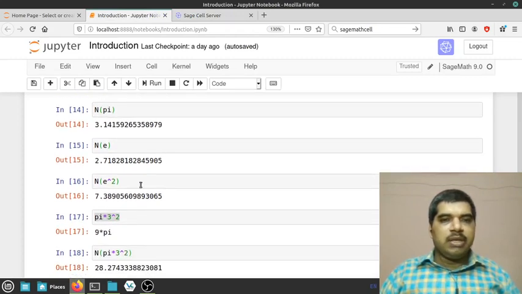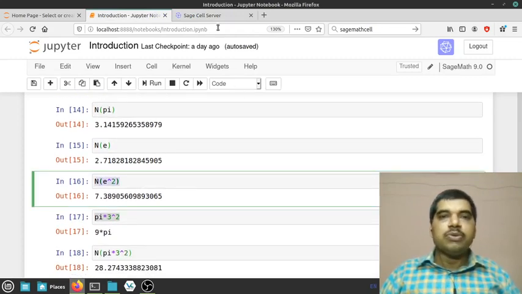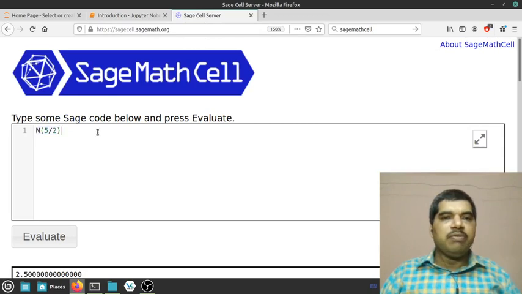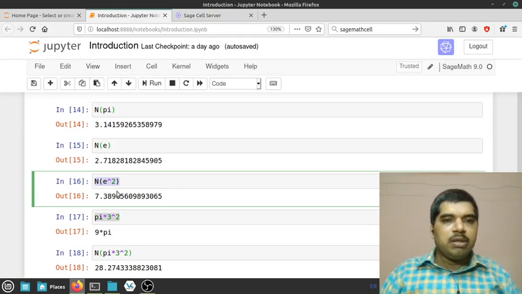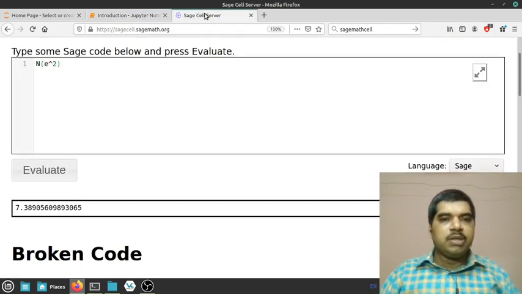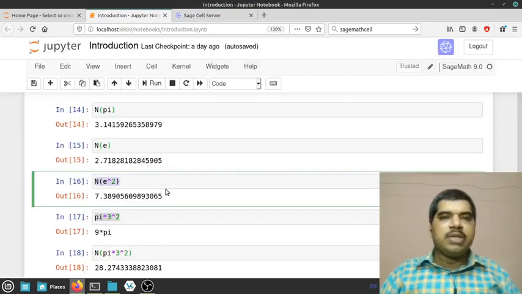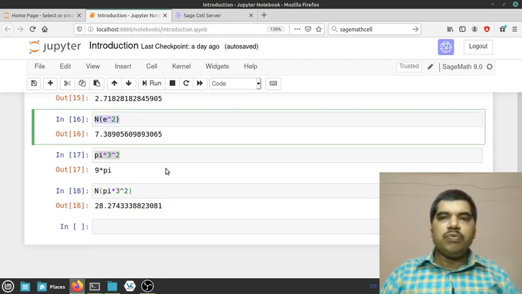So let us try what is n of e square. So for finding n of e square, we need to remove the already typed command. Then I'm pressing shift enter and coming down. That is 7.38. What about here? 7.38, etc. So the answers are exactly the same, but the only difference is that you will not be able